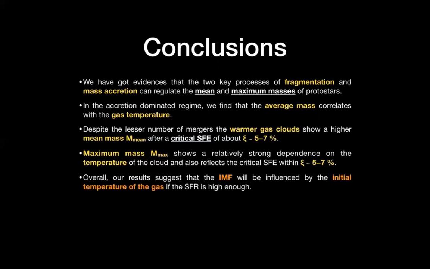It determines the warmest gas clouds and the mean masses for these collapses. The maximum mass is also responding to these star formation efficiencies of around 5 to 7%. To cut the story short, the IMF can be affected if we take into account these transitions